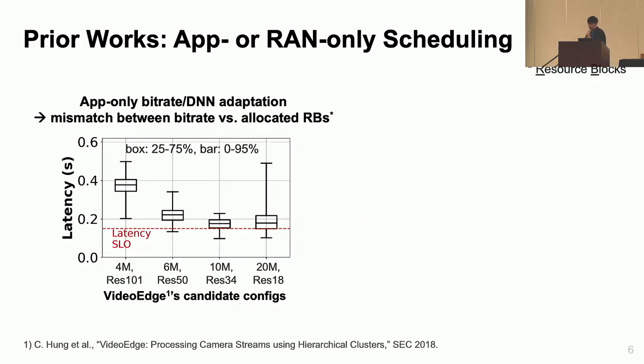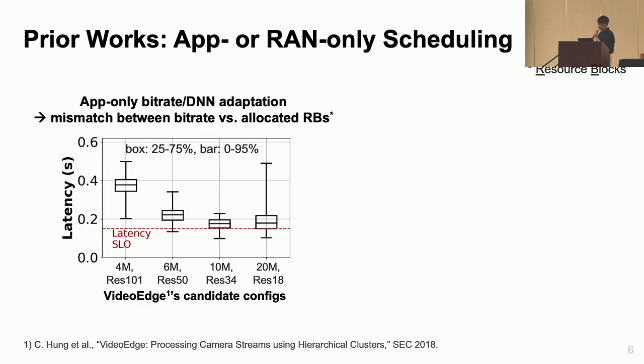So actually, recently there have been a lot of works on adaptive video analytics systems, but they are mostly limited because they design their schedulers on only one of the application and the RAN side, which operates in a mutually agnostic manner with the scheduler on the remaining side. For example, the application-side-only bitrate and DNN adaptation works suffer from long tail latency, mainly because even if the application scheduler makes the decision, the RAN does not know the actual video frame size and the network deadline, and fails to provision the radio resource blocks in a timely manner. So therefore, as we can see here, none of the bitrate and DNN configurations that we have satisfy the consistent low latency SLO,